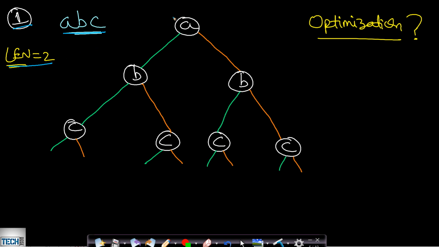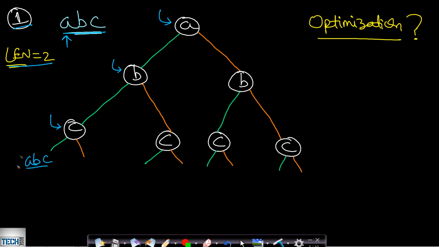So how do we find, by using backtracking, what the strings will be? In this case we will be starting with the first character, which is A. So we are at A. Now what do we do? We have two options: either we include this A or we exclude this A. Let us say we include this A, so we will go to B. Now at B we can include this B or exclude this B. Let us say we include this B, we will be at C. At C we can include this C or exclude this C. If we include this C, then the string formed will be ABC.